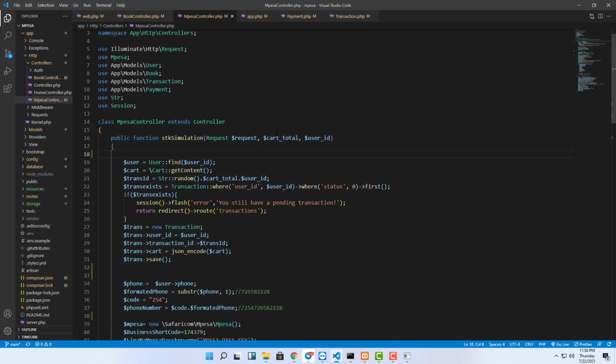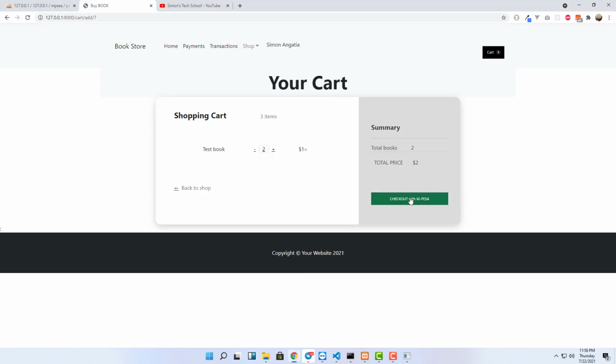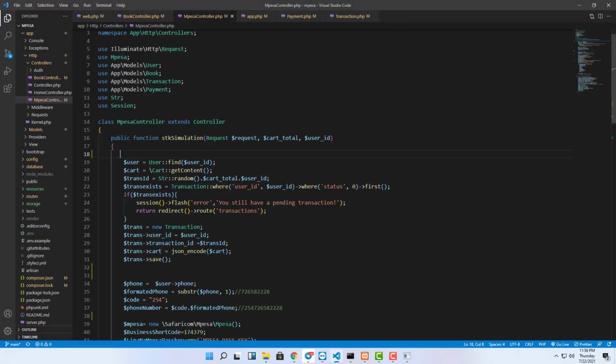It gets the cart total and then the user ID. These are important. If we go to the application, you can see that when they click here, the price is this one. And then you have the user ID. It is hidden, but you're getting the user ID and the request. Then we find the user who is trying to pay by using user find with the user ID. After that, I am using a Laravel cart package,